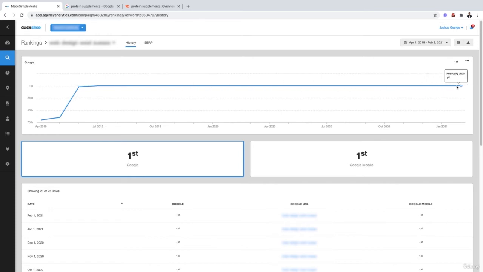Fast forward to 2021, which is the time I'm recording this video right now. You can see they're currently in position 1. Their site has not dropped whatsoever since we added the supporting content. So hopefully this shows you just how impactful adding topically related supporting content can be when it comes